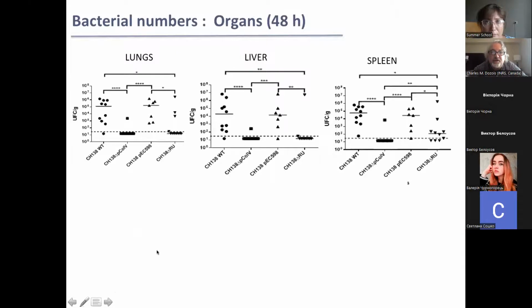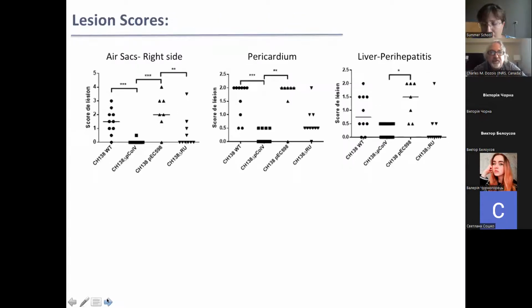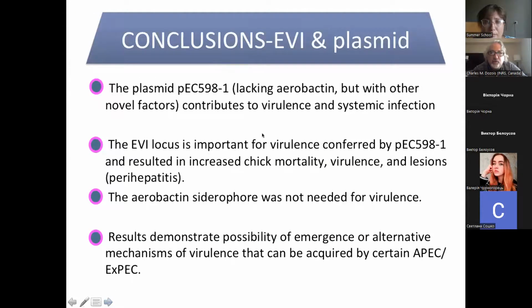And so this tells us that, traditionally the APEC strains that have been studied, these 3 regions have not really been discovered before. And so it was quite exciting for us to study that change. And so these are emerging new pathospecific virulence factors. These are just lesion scores in the air sacs to show again that there's a critical importance for this unique region in causing disease. And so to conclude, for that, this virulence plasmid that lacks aerobactin, which is known to